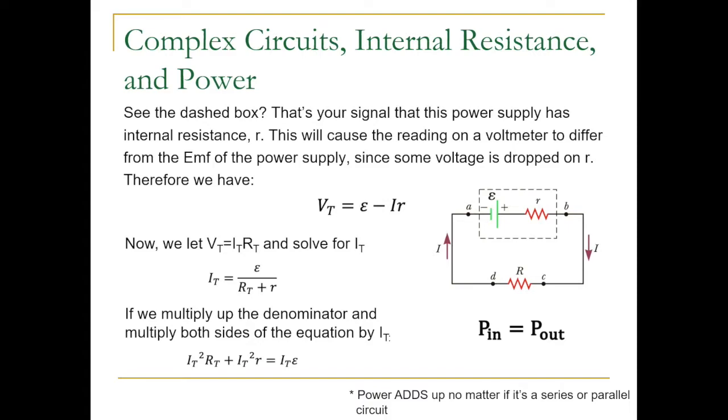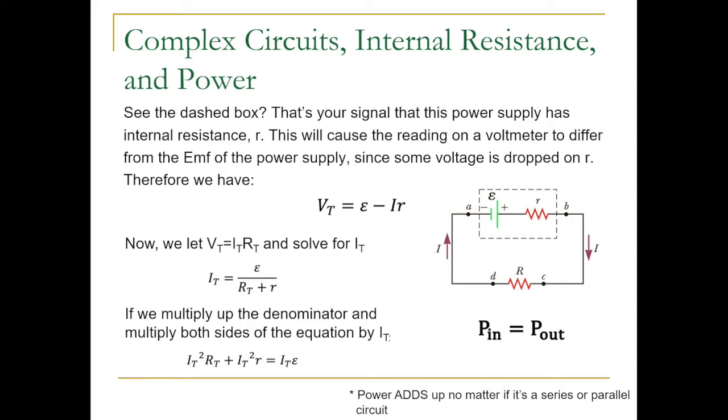There's one more thing I'd like to do with this equation. I'd like to substitute in for terminal voltage using Ohm's law. And we know that terminal voltage should be equal to the total current times the total resistance. We also know that the total current is across that internal resistor, which means that I can rearrange this equation now and solve for the total current as being epsilon over the sum of the total resistance plus the internal